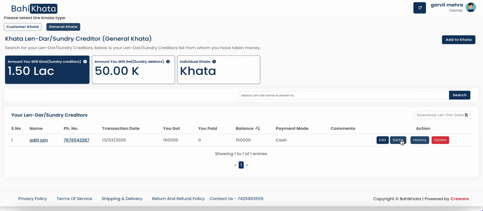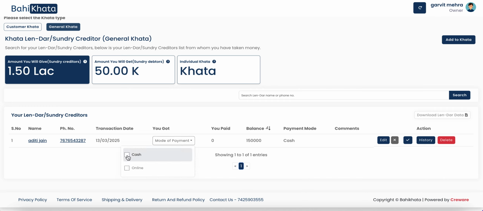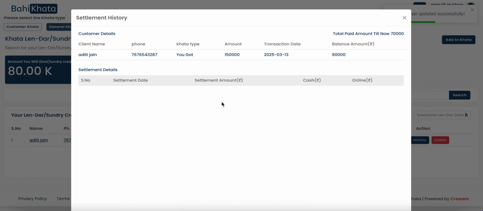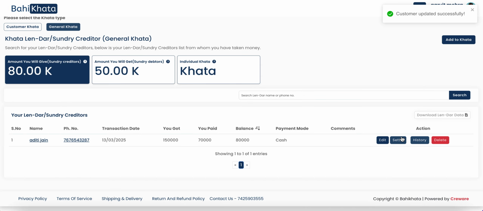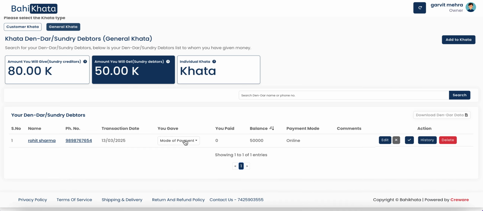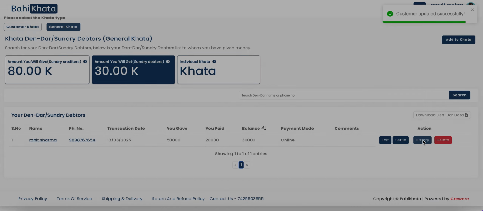So let's settle some amount. I'll click on settle and select the mode of payment as cash. Let's say you got 50K, so we have settled 50K once, then we will again settle 20K. If I go to the history now, it's not showing in the details right now. If I settle this amount, cash 20K, click on settle, and then click on history,